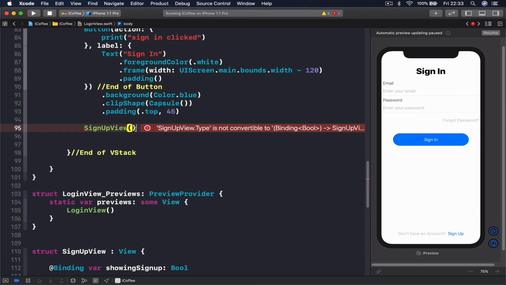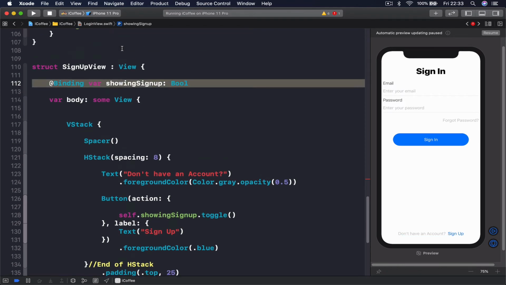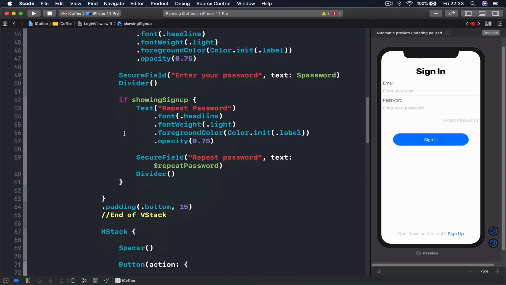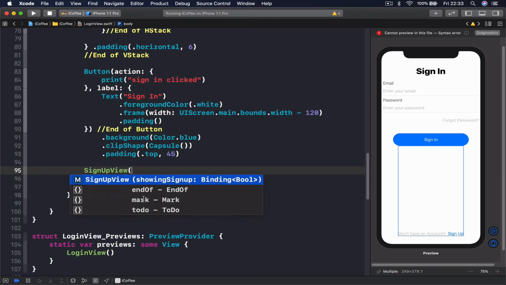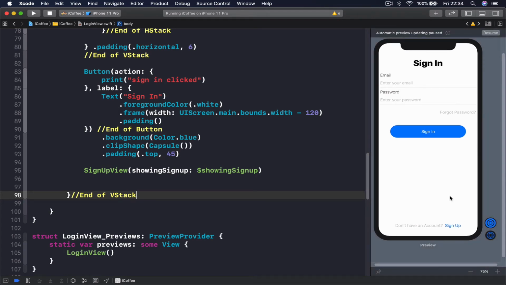And now, in order to fix our error, because we are initializing a sign up view, we need to set what this binding is related to, and we want to link it with our showing sign up here. So I'm going to remove my parentheses, put it again, and this will auto complete for me. And it tells us that we need to provide a showing sign up, which is a binding Boolean. And here I need to put my $ sign first, and then say showing sign up. So technically, if I run this,